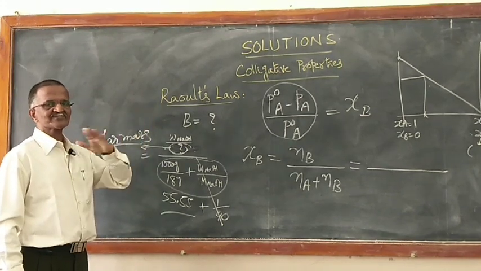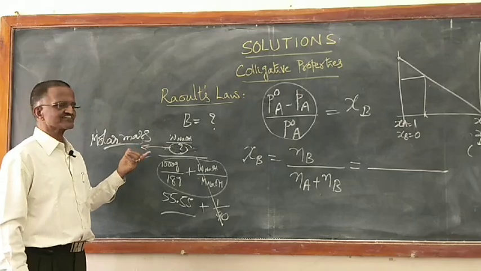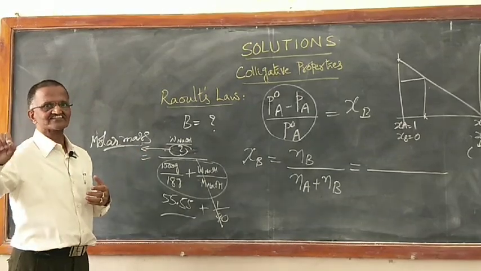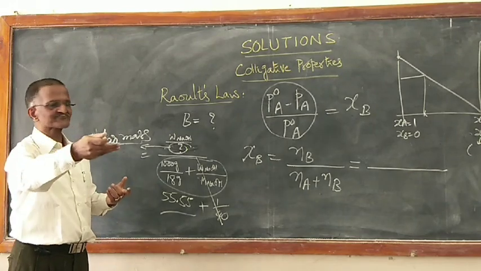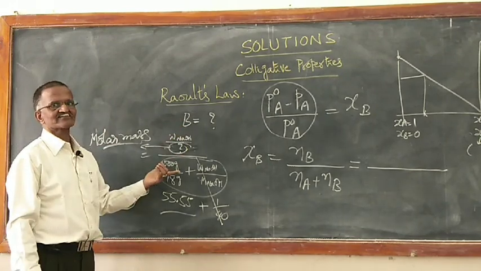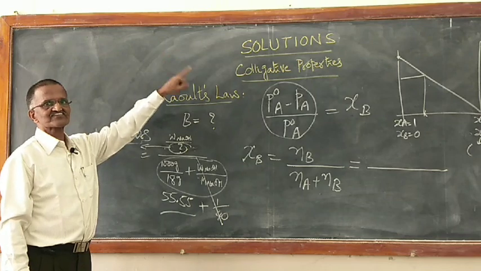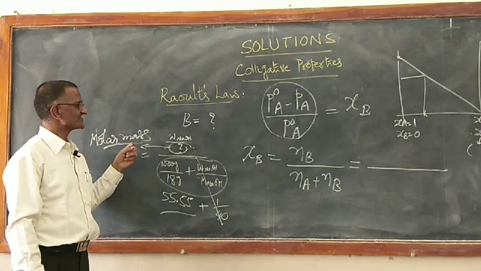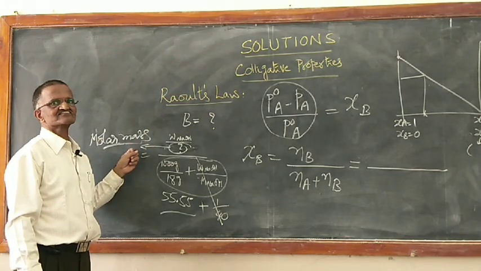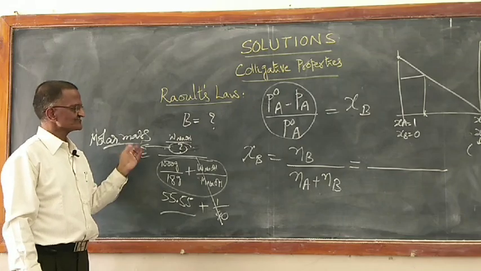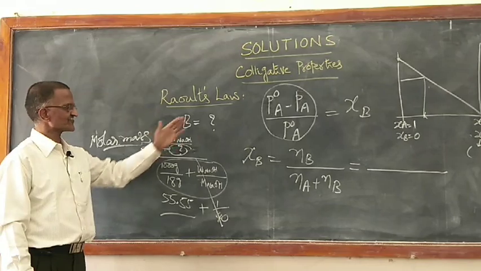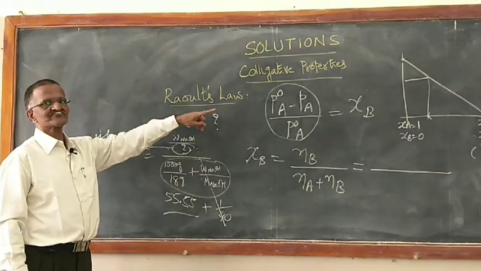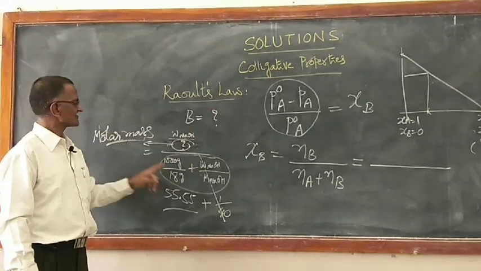Last year, without knowing how to arrive at molar mass, the molar mass was given and we solved the problem. Now this year, how to arrive at the molar mass, we are arriving. So the properties of solutions will help me to arrive at molar mass. Clear? So taking it further, now what else can we do with this? This is one way, that is relative lowering in vapor pressure will help me.